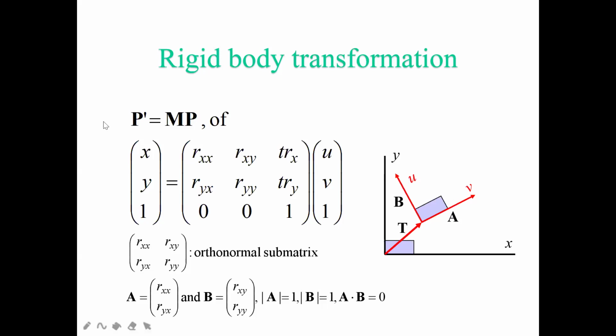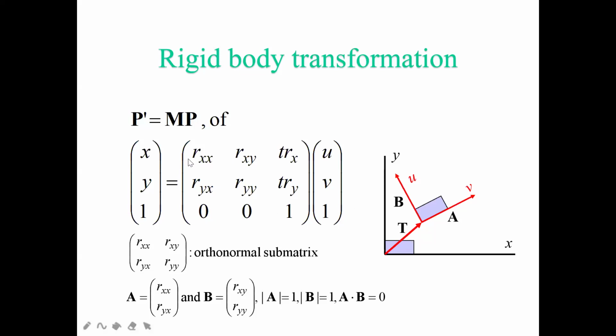Now let's write the matrix. For this, as usual, x, y, and 1. And for this one, the vectors have already been given as u, v, and 1. So here the translation matrix is already written, so I have to add only the rotational matrices. So for the rotational matrices with both the coordinate points, I have to write Rxx. Here you write Ryy. Here, as it is an x coordinate value, you just add x, then y. As it is a y coordinate, you first write y, then x, then your homogeneous values. So this is your matrix. It is very easy to remember. It's not at all difficult.